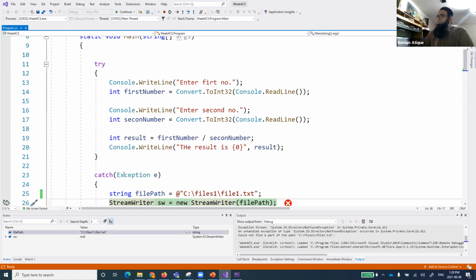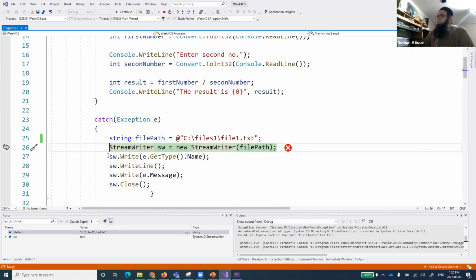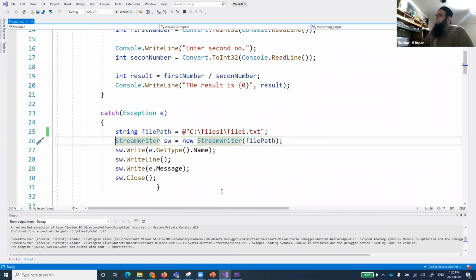But after that exception, we reached over here. Of course, we reached into this one. And when we reached over here, it was running, and there was another exception happening over here. Is that right? So here there is another exception. Now we have come under the exception, and here we find another problem that is running because of the folder path.